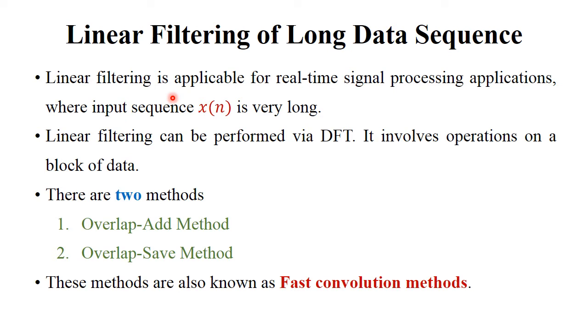In such cases, we need to perform the operation, but it cannot be done altogether for thousands of samples. We are going to divide those thousands of samples into smaller parts, and then apply the operation to them. That is the procedure we are going to discuss now, and that's what the first sentence is going to say.